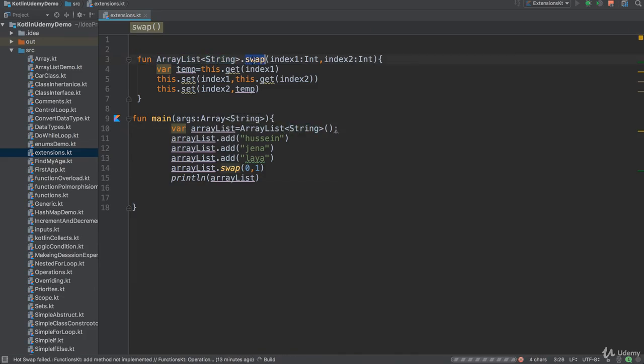Then I add my function, name it swap, then I give it input values and try to swap inside that object. This means this object, the ArrayList. I'm saying this, that means this ArrayList. For that reason, I was able to access set and get, and that is it. So wait for a second. The original